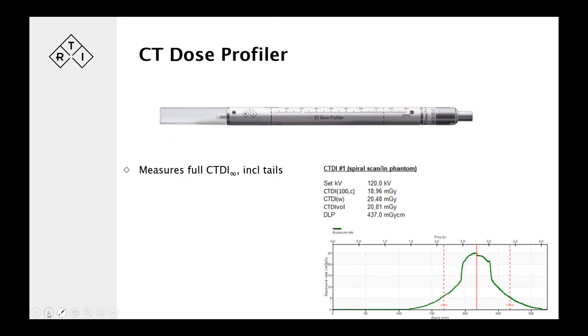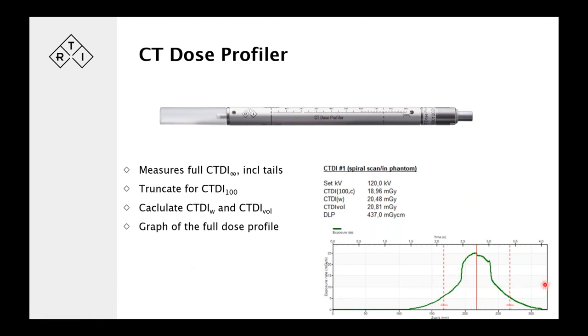So summary for the CT-dose profiler is that we measure the full CTDI for infinity, including the tails. We truncate the data to get CTDI 100. So we need to scrap some data to get to CTDI 100. Based on a big statistical background database, we then calculate CTDI weighted and CTDI volume. Of course, we know that since we know the pitch, and we get a graph, as you see here, of the full dose profile of the